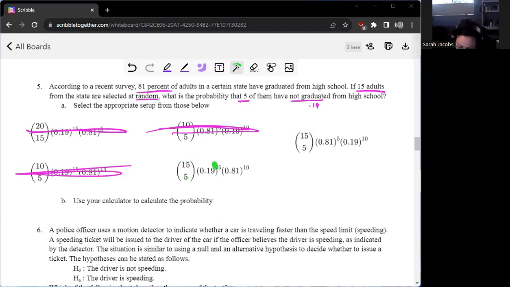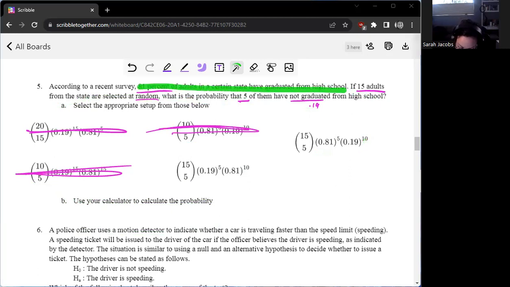Then these exponents need to add to 15, and in both cases they do. So we need to figure out what the difference is. This one has the 19% being raised to the 5th power and the 81% being raised to the 10th. This one is the 81% being raised to the 5th power and the 19% to the 10th. So